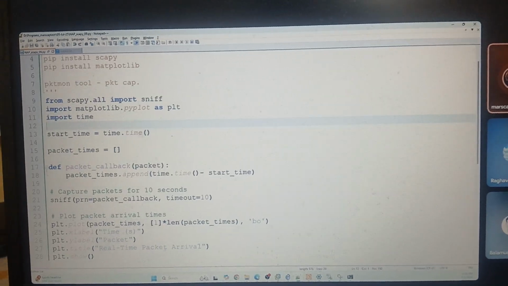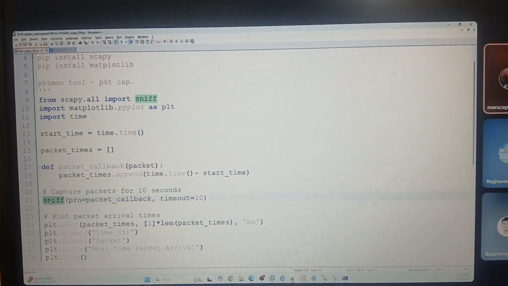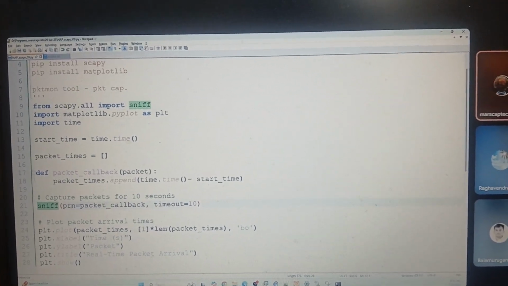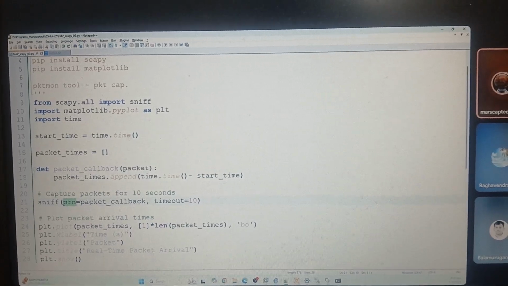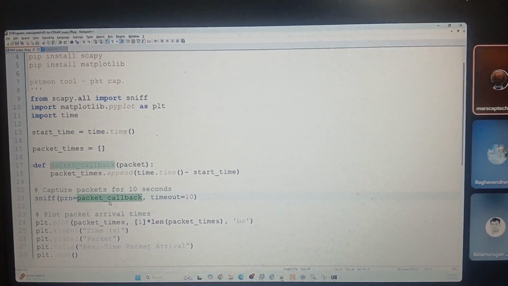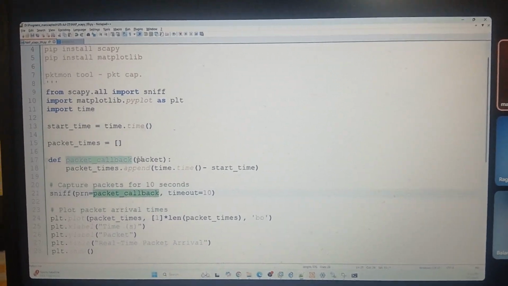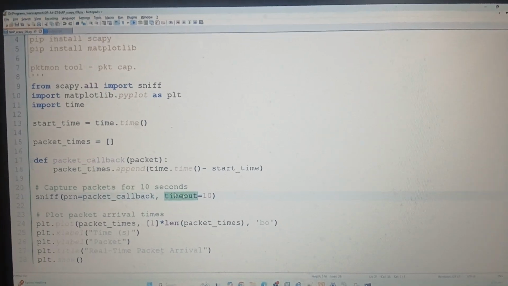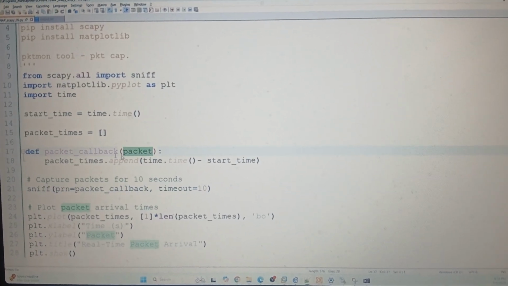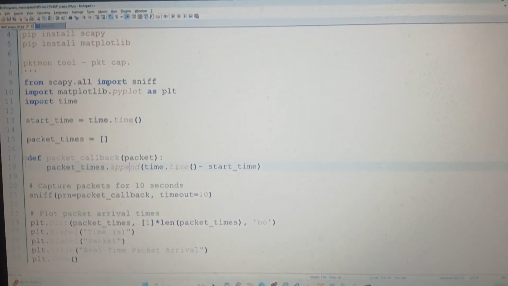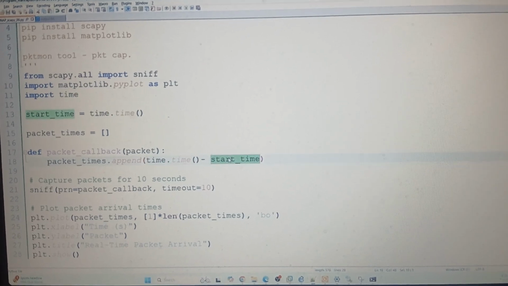At line number 21, we are sniffing. What are we sniffing? By printing the packet callback, you are sniffing in real time. You are sniffing for 10 seconds. Whatever you get in those 10 seconds, you are going to find out the